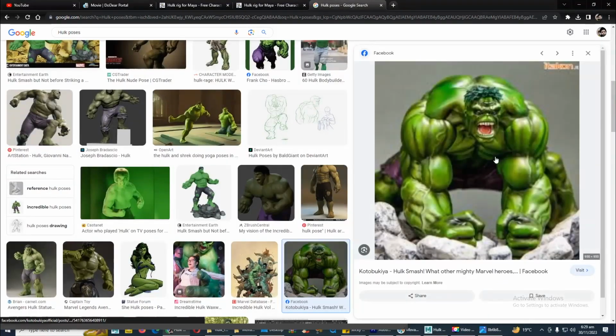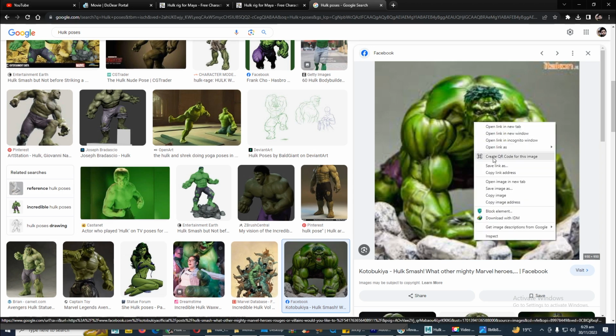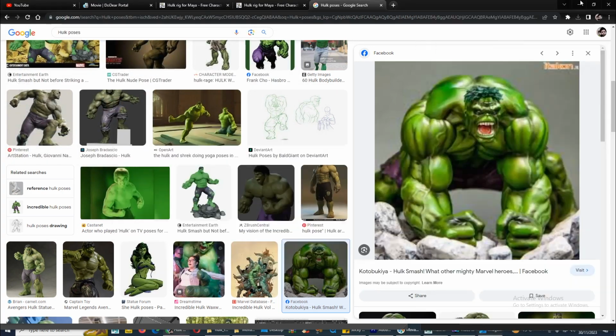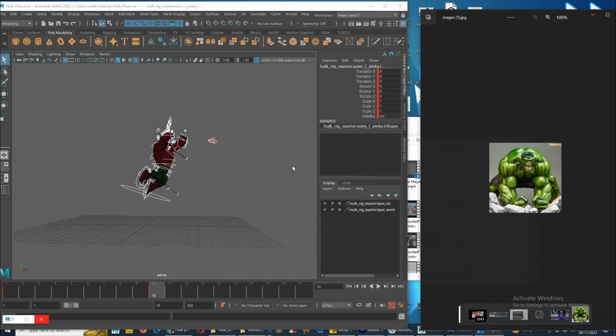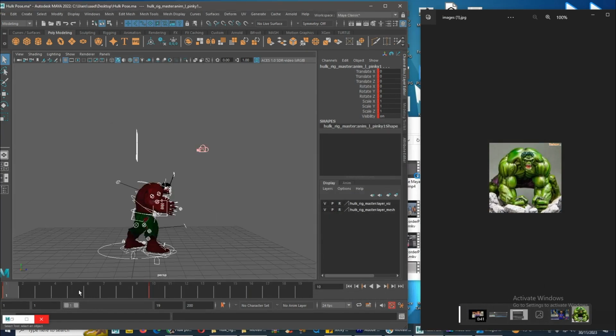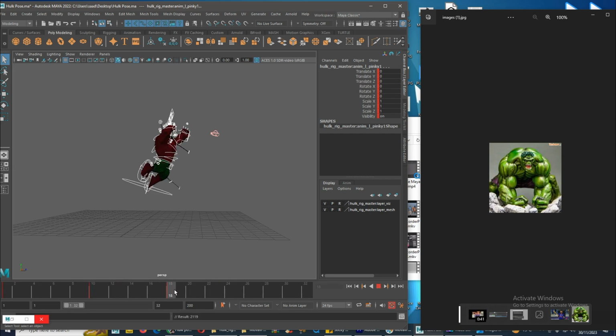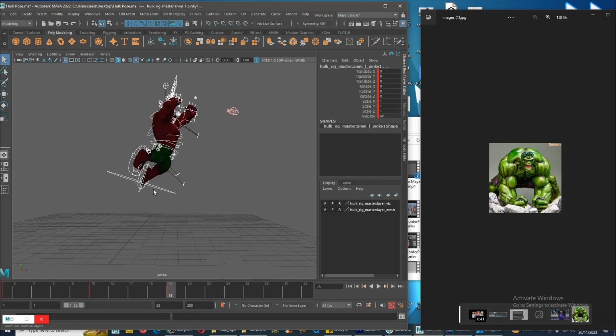Yeah, this pose. We need this pose. This is our first pose, the third pose. So I just download this pose, save image, desktop, save, and I got this pose. Yeah. So this is stand to land here. I need 8 frame gaps here and click on 18. Just drag this whole body and click on 18 and just spread your timeline here, and again